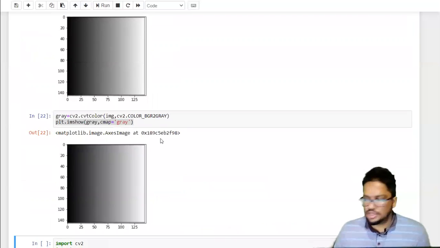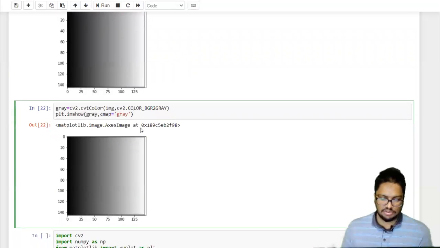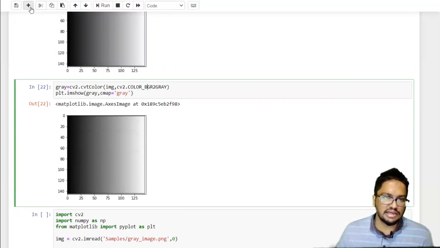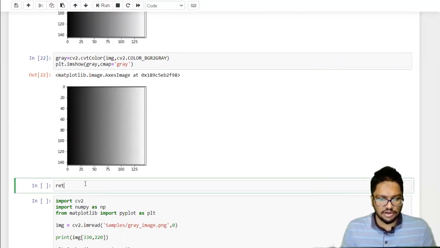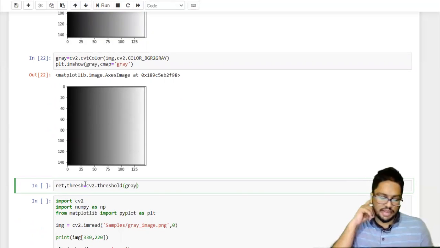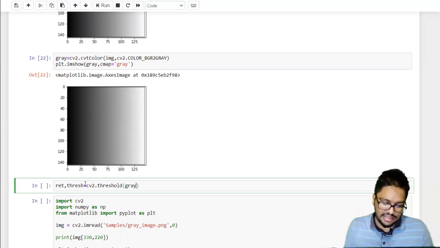Yeah, so the image is now, actually it was already in color. Now we have a function called threshold. I will apply it now here. So let thresh equals cv2.threshold, and the image that I'm going to apply is the gray image. Now make sure that you always apply a grayscale image into this threshold function,